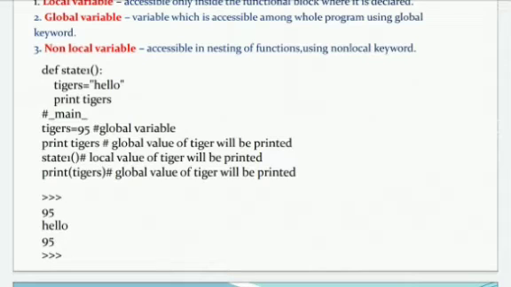Inside the main function, tiger is equal to 95, print tiger will print 95. When we call the function state1, inside that tiger is equal to hello, then hello will be printed. Again we are printing tiger, which is the global value of tiger.